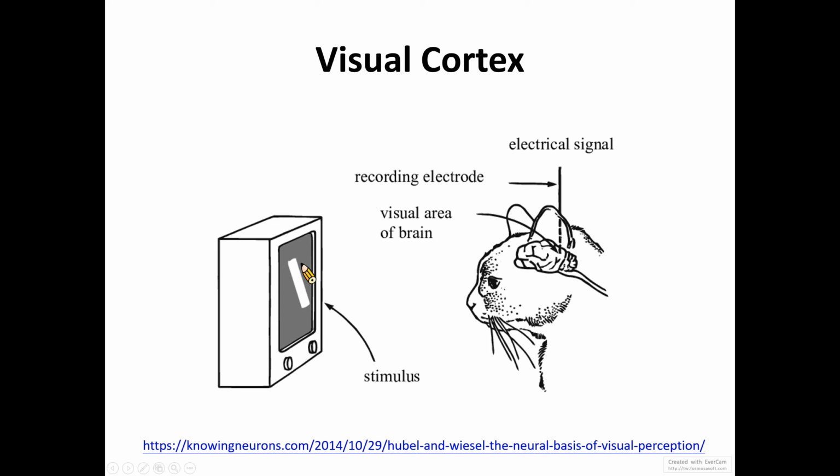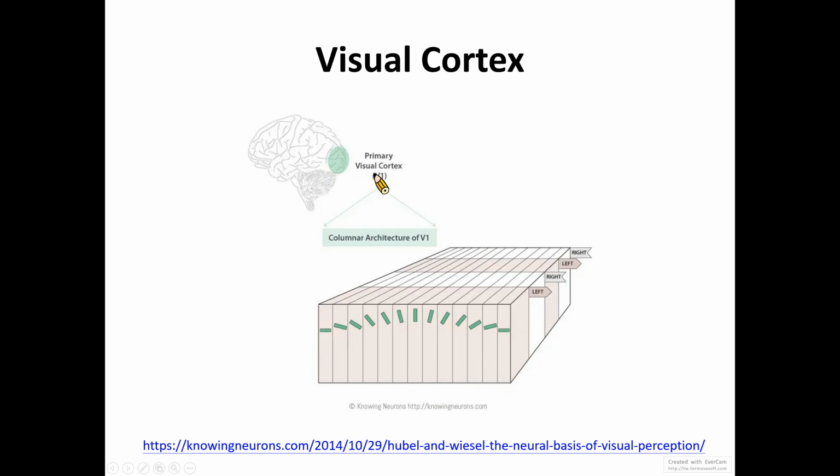In one interview, Hubel and Wiesel admitted that they were actually very lucky, because they tried several areas to find out which stimulus could generate electrical signals in the brain, and they found that the primary visual cortex in the occipital region does this kind of job. Based on their study, we now know that in this primary visual cortex, the neurons are arranged in a very regular manner,